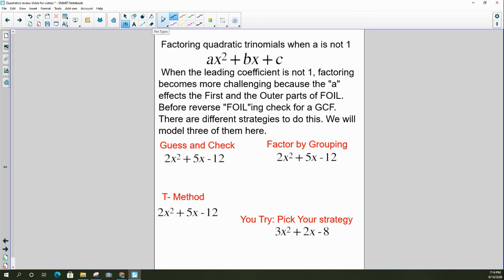All right, now we're going to factor quadratic trinomials when a is not 1. So we have ax squared plus bx plus c. We want to write it in factored form. So when the leading coefficient is not 1, so when the a is not 1, factoring becomes more challenging because